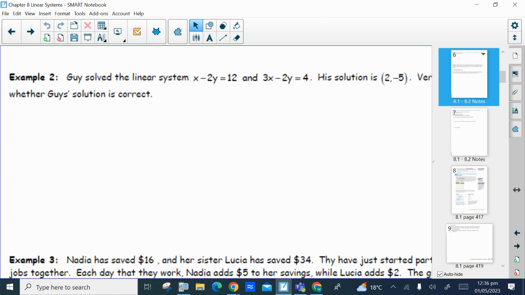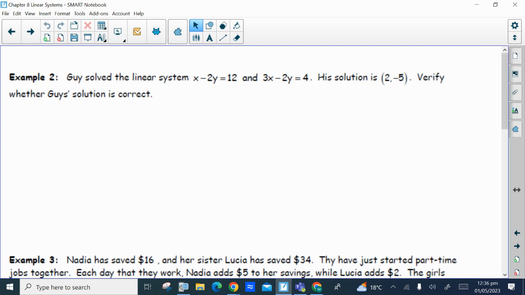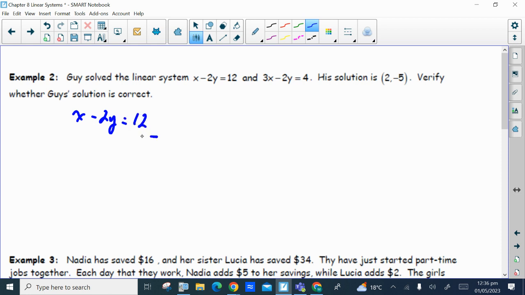Some guy named Guy solved the linear system and found the solution to be (2, -5). Verify whether Guy's solution is correct. So there's two ways you could do this. You could actually solve the system of equations. You could put both equations in y equals mx plus b form. You could graph them on a paper or on your calculator and find the point of intersection. But the other way, without actually solving, is to verify that that point (2, -5) does satisfy both equations,